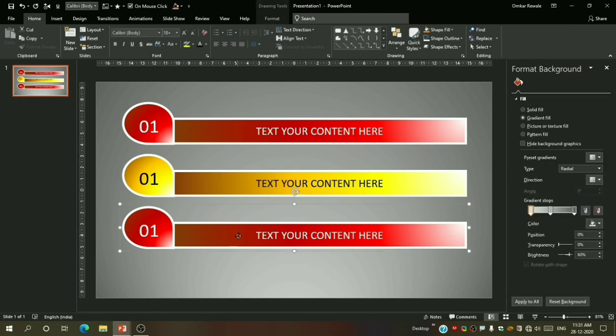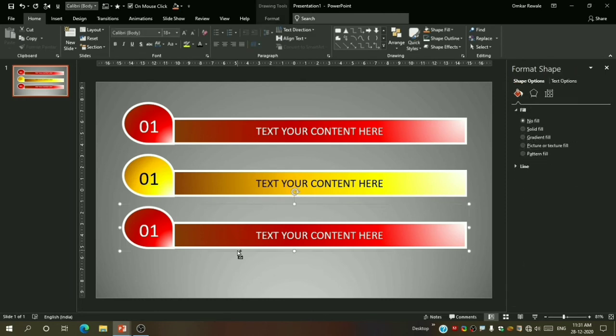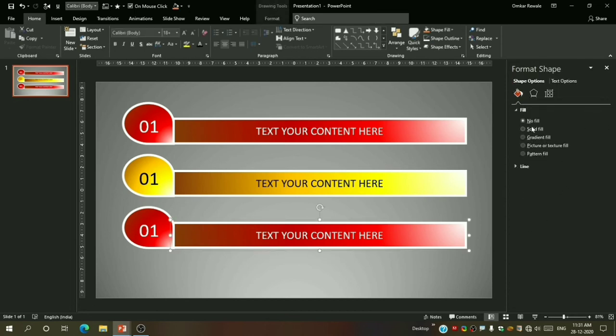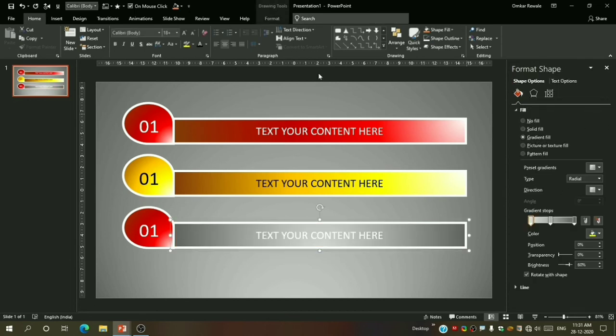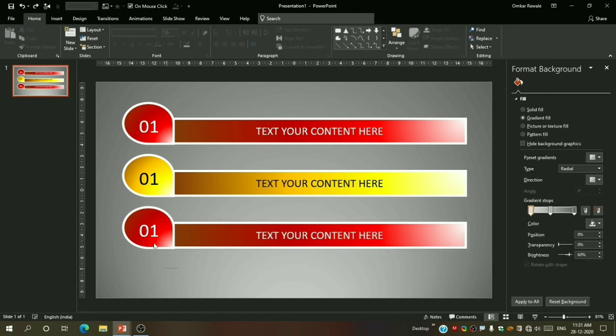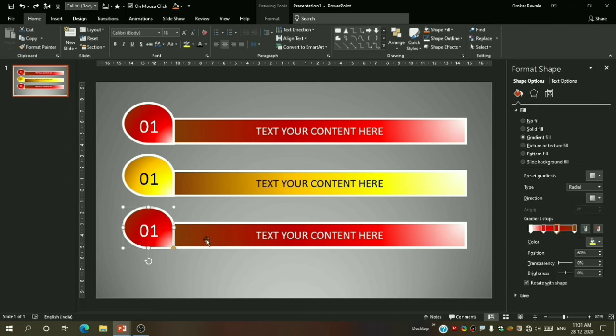Okay, again Ctrl plus Shift plus G to ungroup them. Okay, now same process, we will change its color. Select this shape, gradient fill. You have to keep this the same, you have to just change their colors.